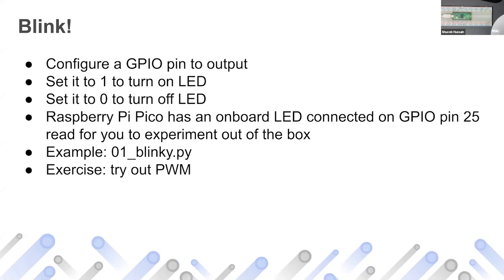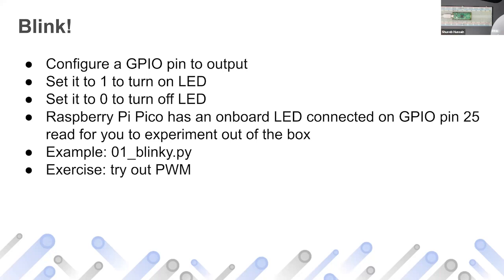Now, the Raspberry Pi Pico has an onboard LED, which is connected to GPIO pin 25 internally. Most of the GPIO pins are exposed through one of the pins, but the Pico actually has an LED connected to GPIO pin 25. I told you that the Raspberry Pi Pico has 40 pins, and the numbering starts from 1 near the USB cable, and then wraps around and comes to 40.